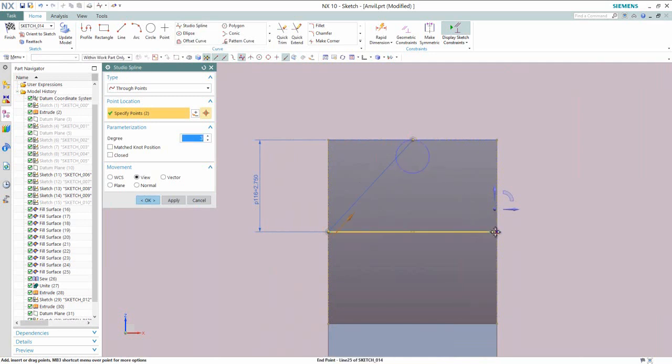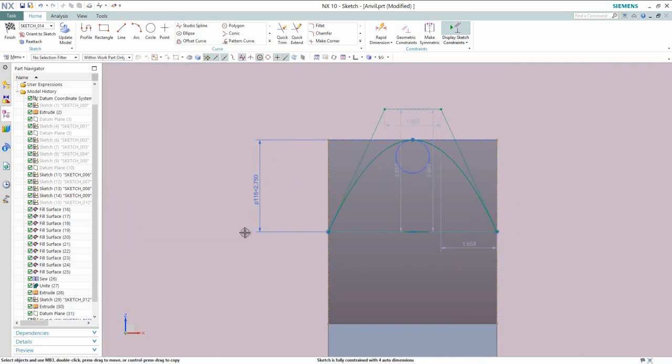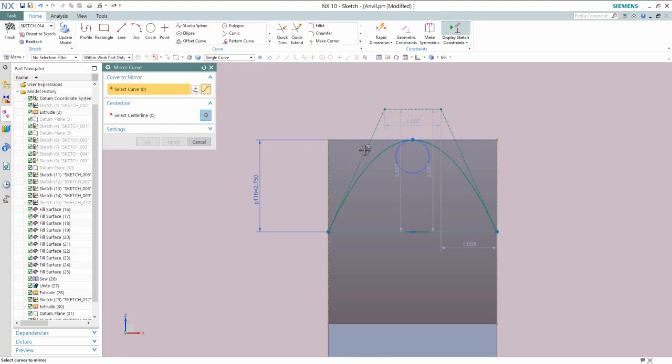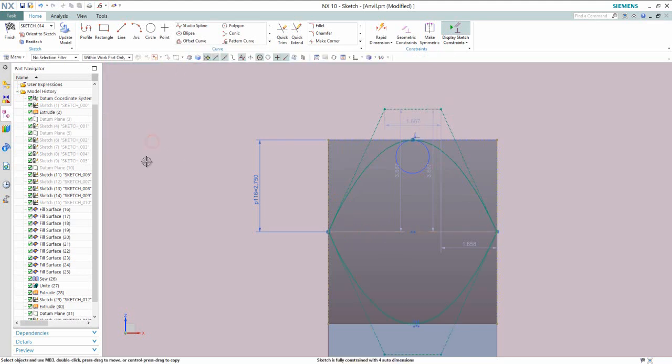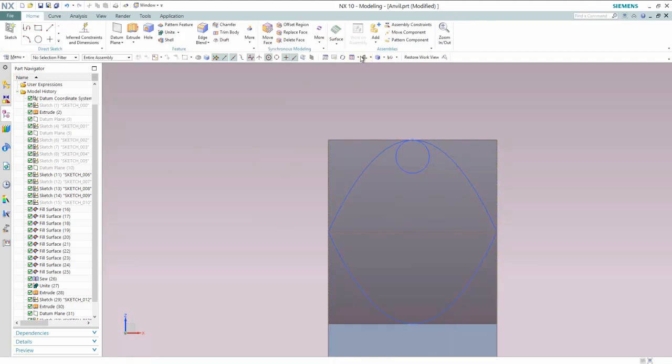Now my spline is created here. And activate the mirror curve command. Select the spline. Choose this line. OK. Now see the result. My spline is created on the opposite side by using the mirror curve command. Finish the sketch and close the visibility of this plane.